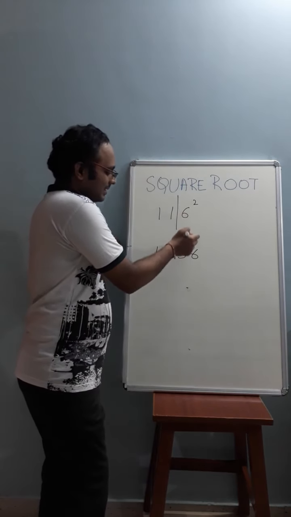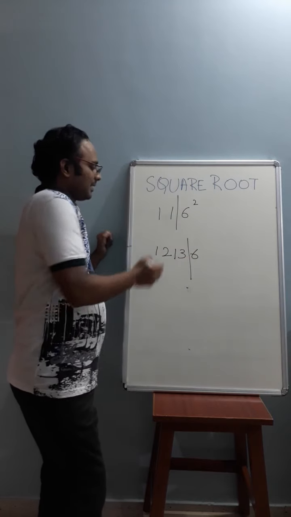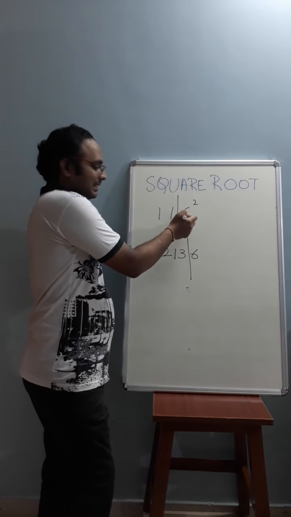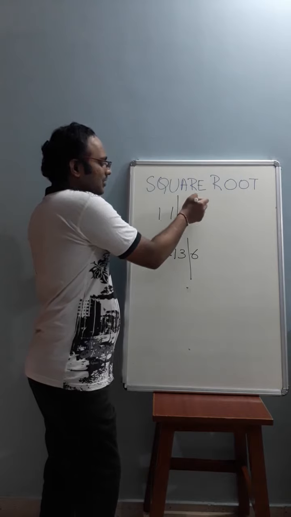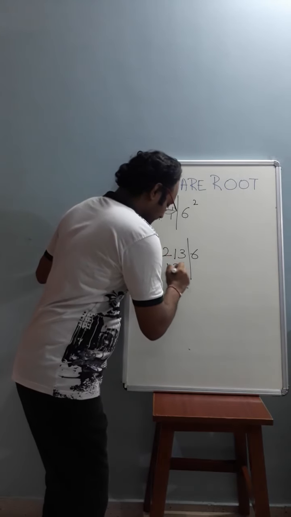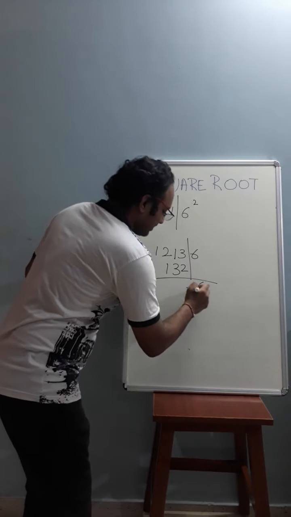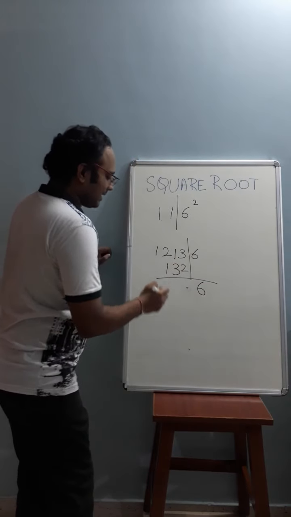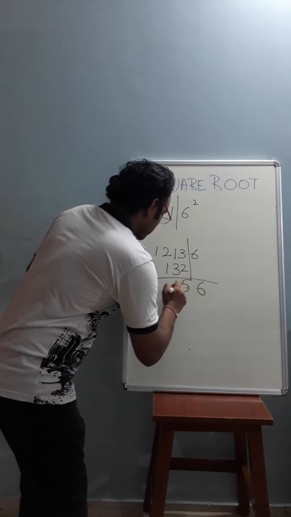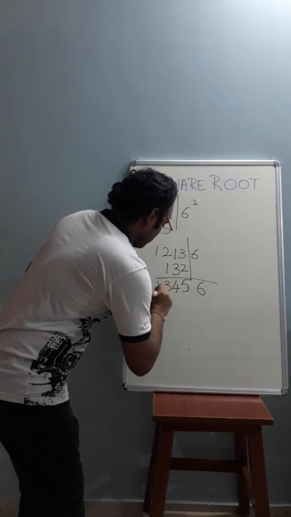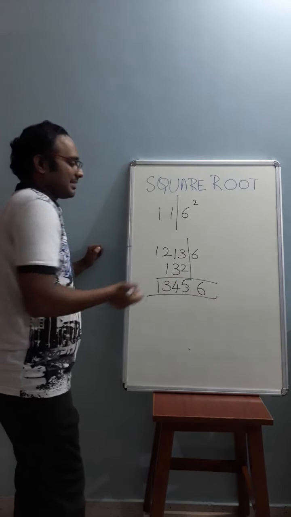Write one slash here. 11 into 6 is 66. 66 into 2 is 132. Drop 6 as it is and add here. 1, 3, 4, 5, 6. That is